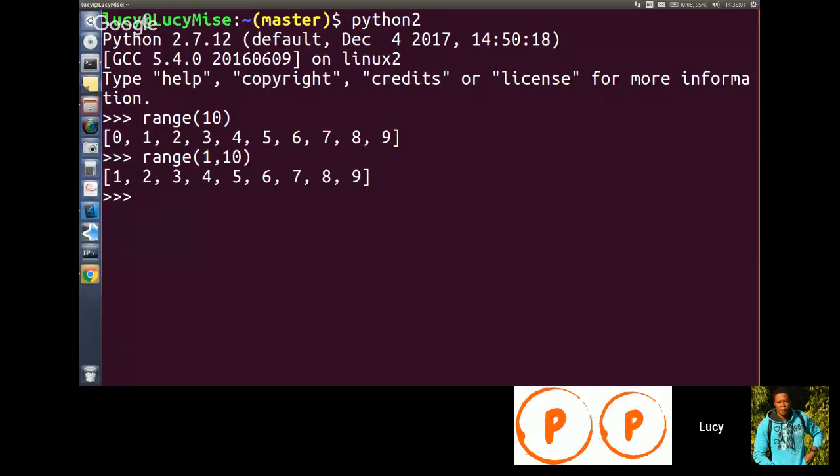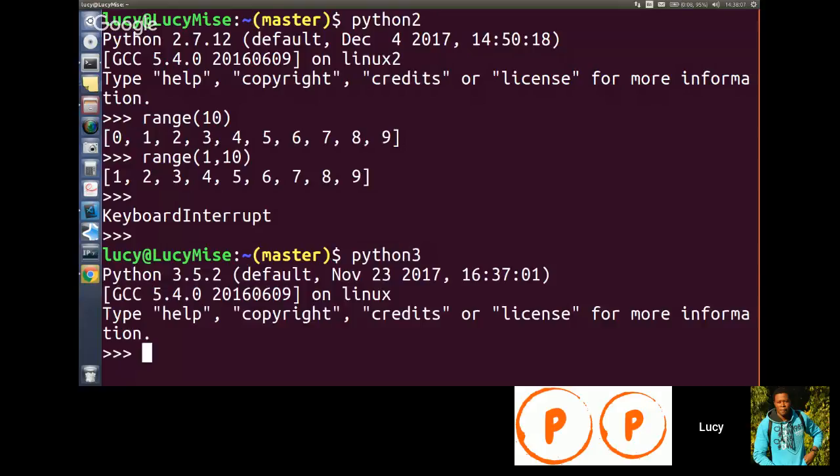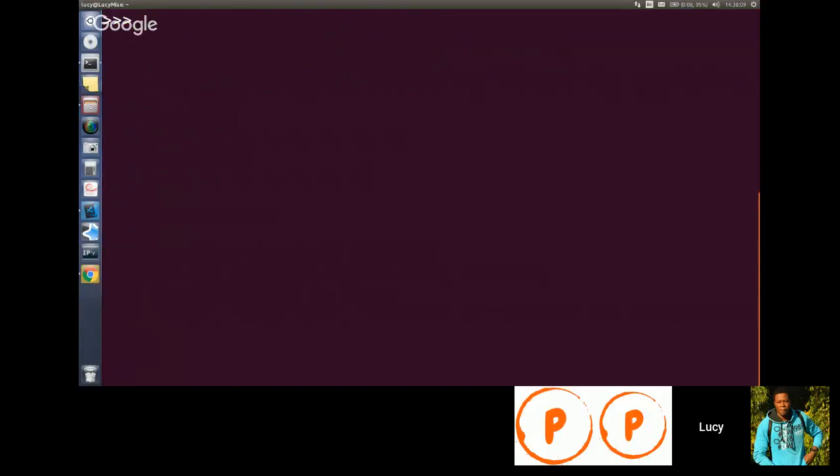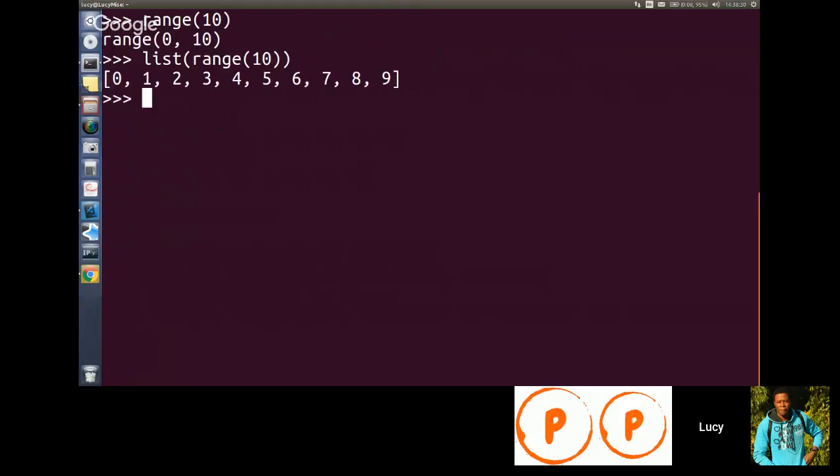But in Python 3, if I do the same thing, range 10, it is not evaluated. This is what I get. So I have to convert it to a list. So I have to do this. Range 10. I think I get what it is.